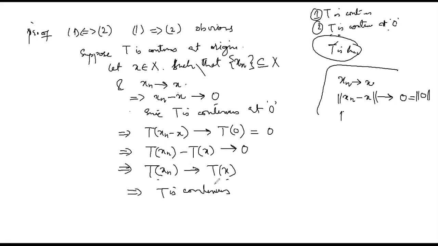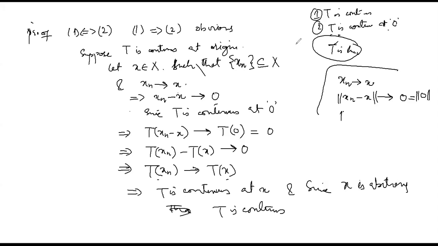And since x was arbitrary, any element, T is continuous. So we got 1 is equivalent to 2. Okay, that was 1 is equivalent to 2. Now let's come to 2 is equivalent to 3. And if it is continuous at the origin, then we must have norm of Tx